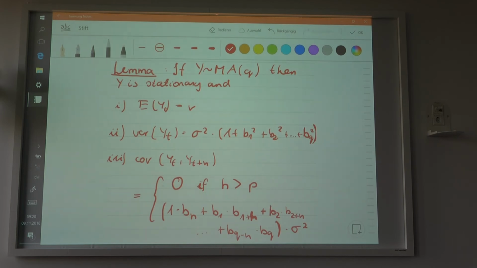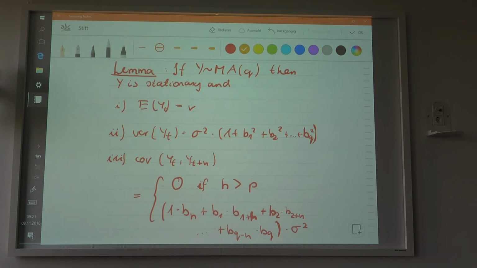But you don't need to verify that. I will do this in the exercise, so then you're going to see that this is the generalization of the autocovariance. Now this basically means that the memory is finite. If the time lag of the autocovariance is larger than the order, then the autocovariance is going to be equal to 0. So that means that the memory of the process is finite. There is no autocorrelation for lags that are greater than the order of the process. That is the interpretation of a finite memory.